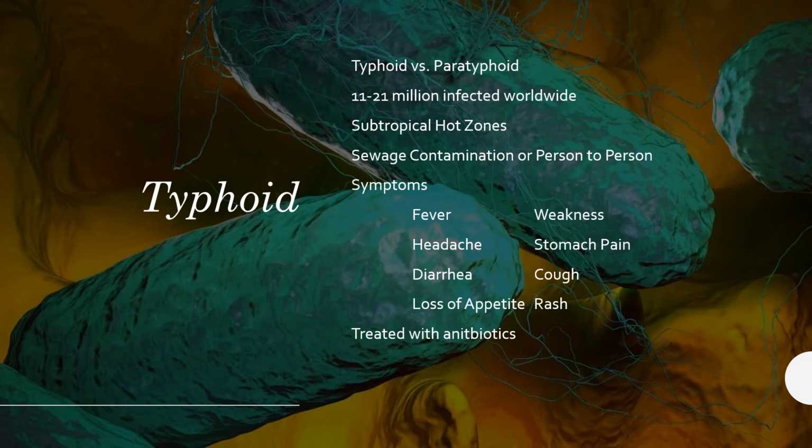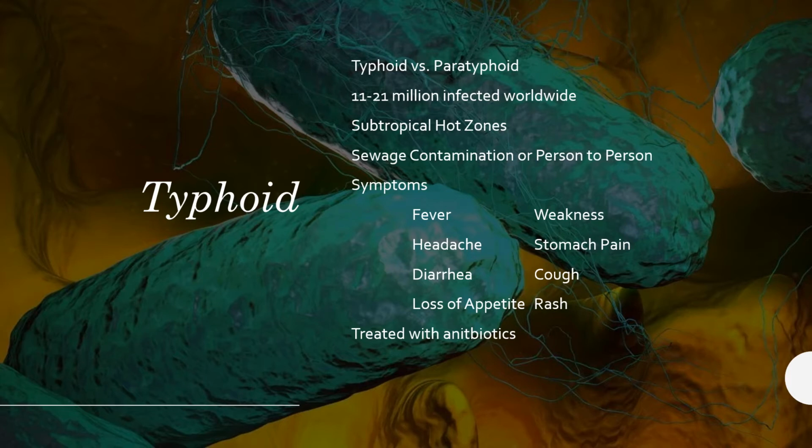So the symptoms of typhoid are going to be a high fever, weakness, headache, stomach pain, diarrhea, cough, loss of appetite, and a rash of these little rose-colored spots all over the body. It is going to be tested through a sample of blood or stool, and they're going to test for Salmonella typhi